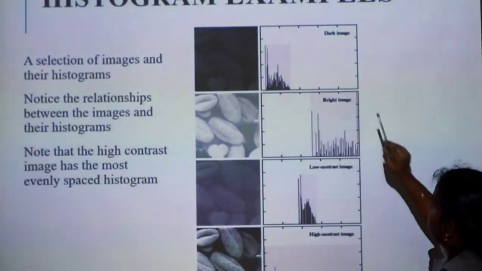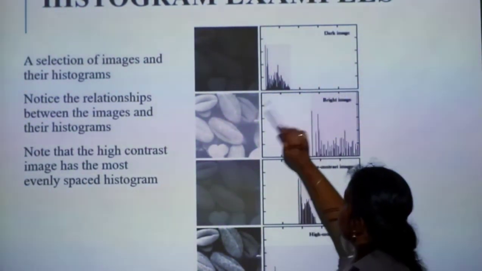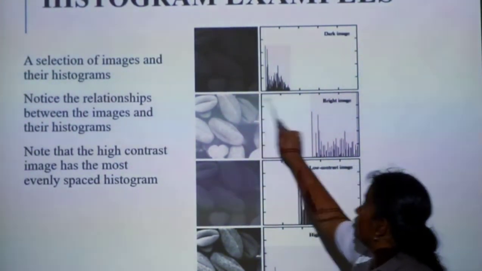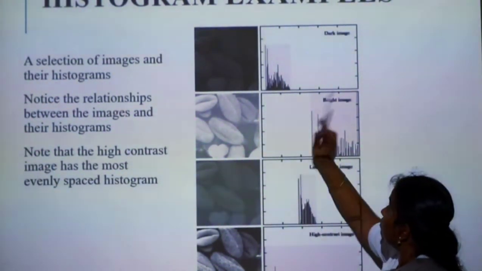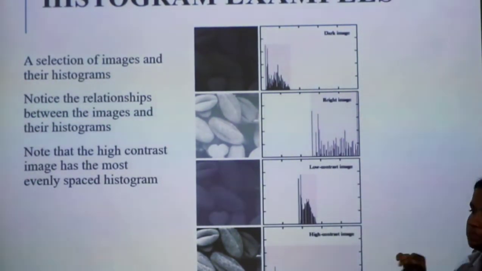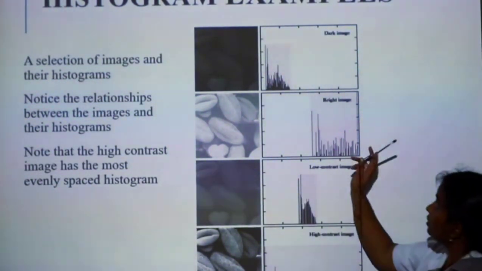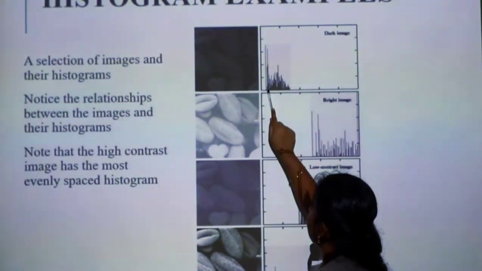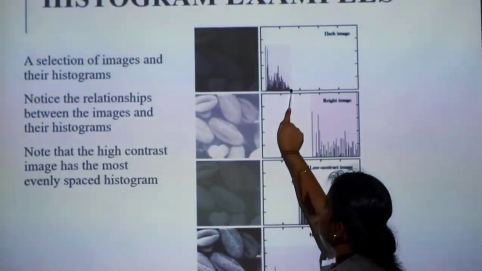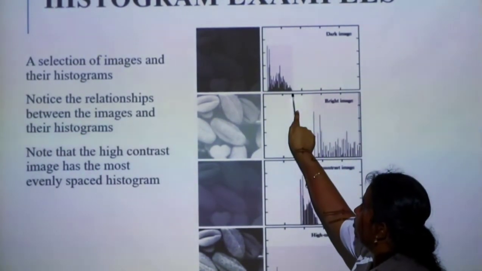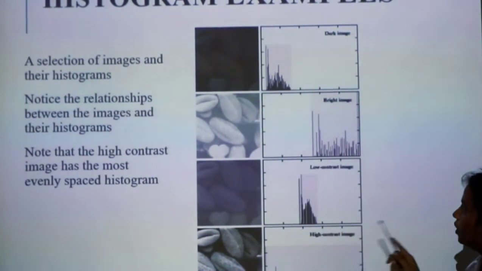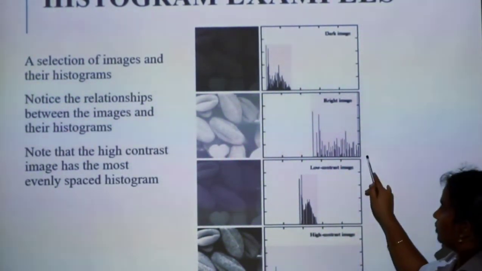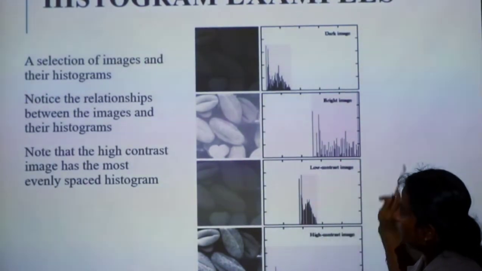Consider the 4 images. First we discuss the dark image. Gray level values in a black and white image range from 0 to 255. 0 means a black pixel value, and 255 means a white pixel value. In a dark image, black pixel values are high, so in the histogram the gray level values lie from 0 to some minimum position. In a bright image, white pixels are high, so the values lie near 255, representing the white image.